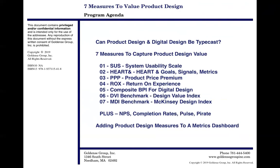Sustainable design can create 20% price premiums. User interface design can create 200% greater returns. User experience design can create 400% greater returns. Good old-fashioned industrial design, if sustained over a period of years, can double your market cap. Digital design and digital product enablement can almost double your gross margin and operating margin, all if you do them